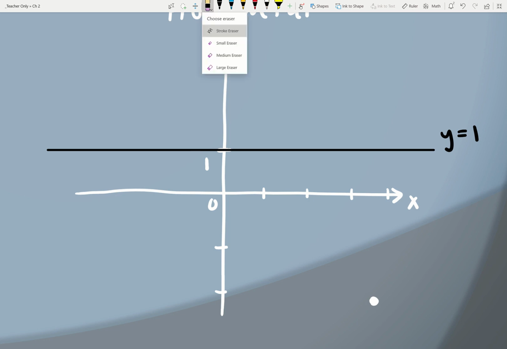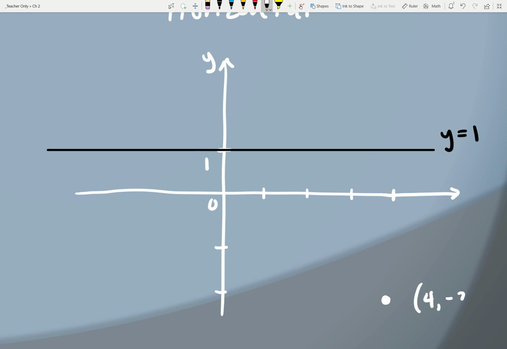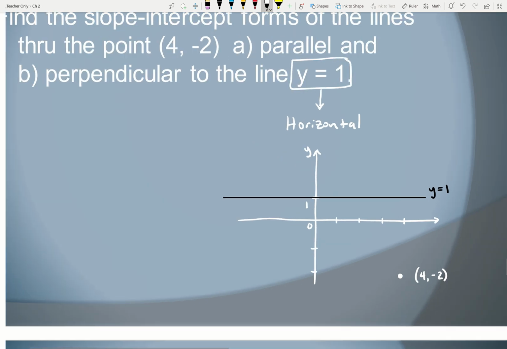So let me go ahead and fix my picture so it looks a little bit cleaner there. Just erase that real fast, and clean this up a little bit, so I extend a little bit further, and I'll fix my point here too. Okay, there we go. So this is going to be the point with coordinates 4, -2, okay? Now, if you read the question again, we want to be able to pass through that point,